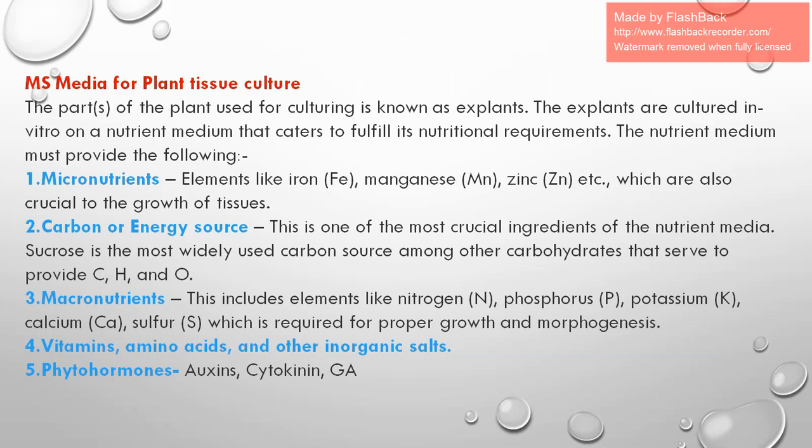For micronutrients, we add elements like iron, manganese, zinc, etc., which are also crucial for the growth of tissues. Then a carbon source is required, meaning carbohydrates are also required, and